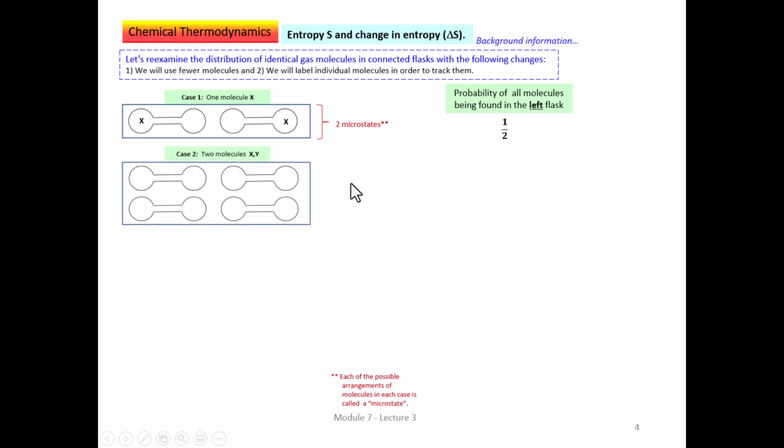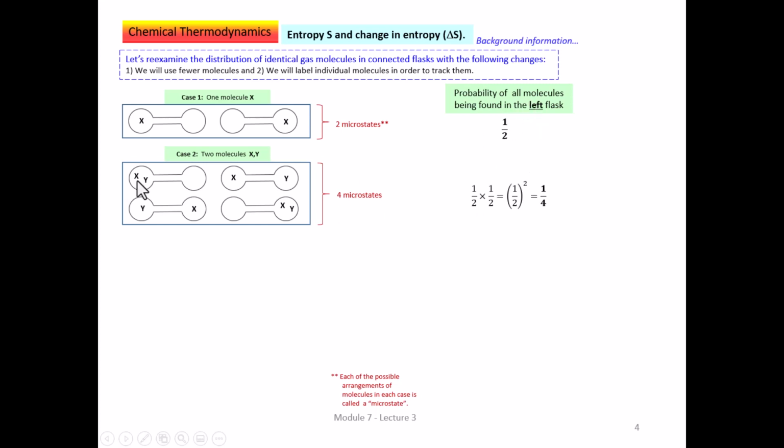Let's consider the case where we have two molecules and we've labeled them differently here. How would we rearrange these two molecules? Well, they could both be on the left. X could be on the left, Y on the right. Y could be on the left and X on the right, or they could both be in the right flask. Well, here we have 4 microstates, 4 possible arrangements, and the probability of all the molecules being found in the